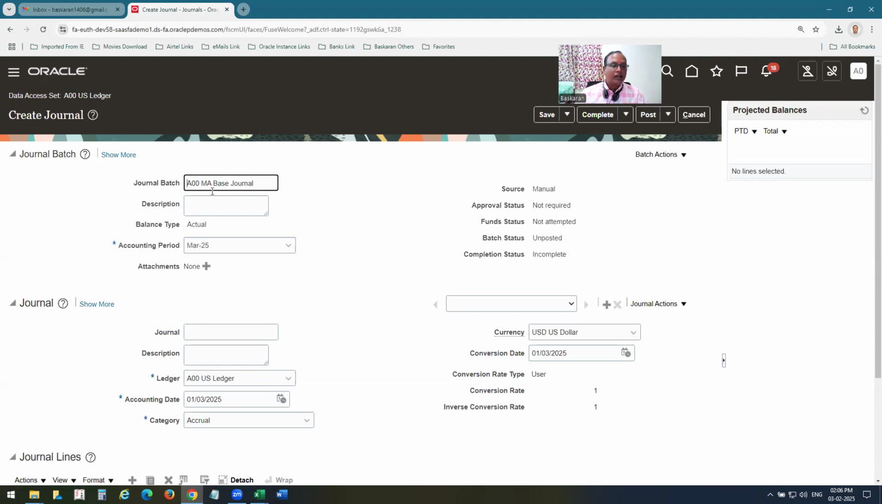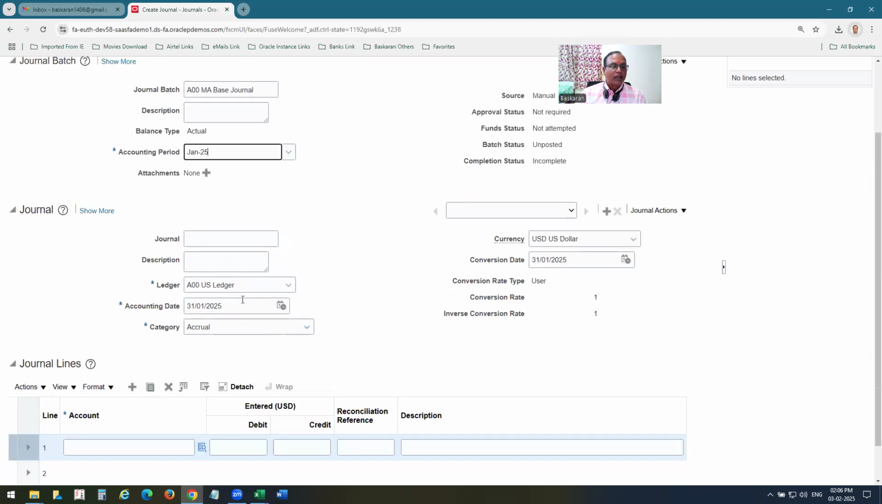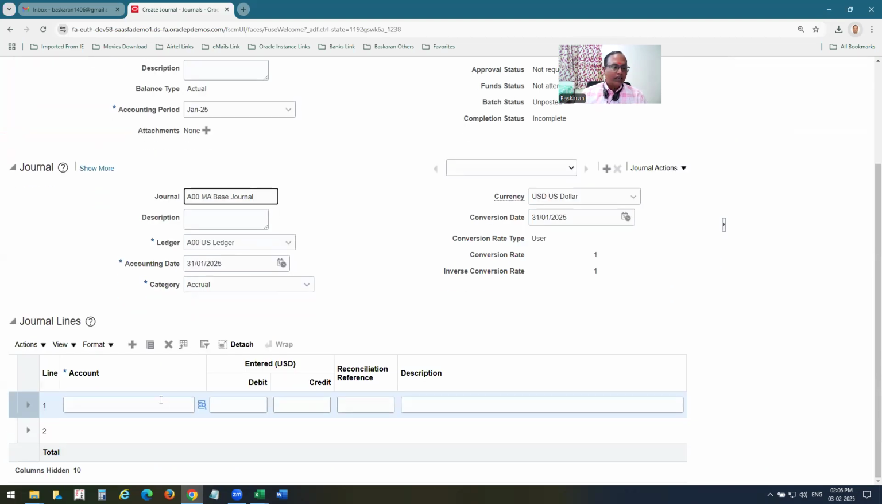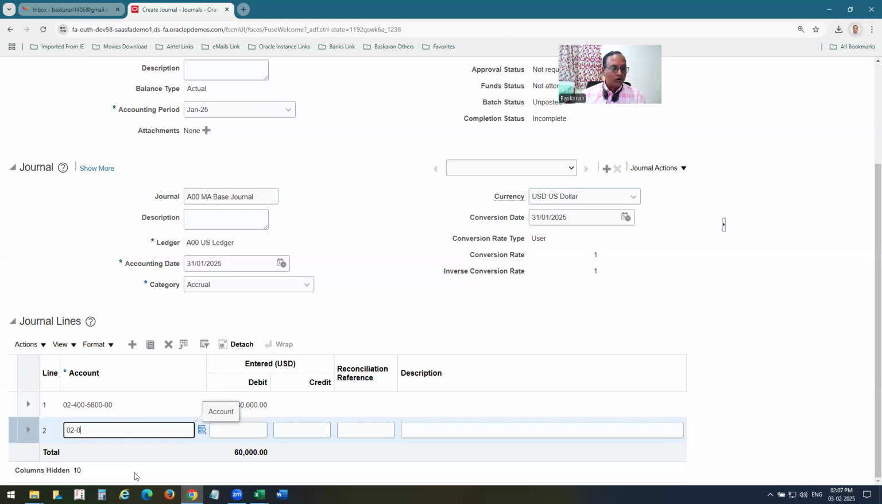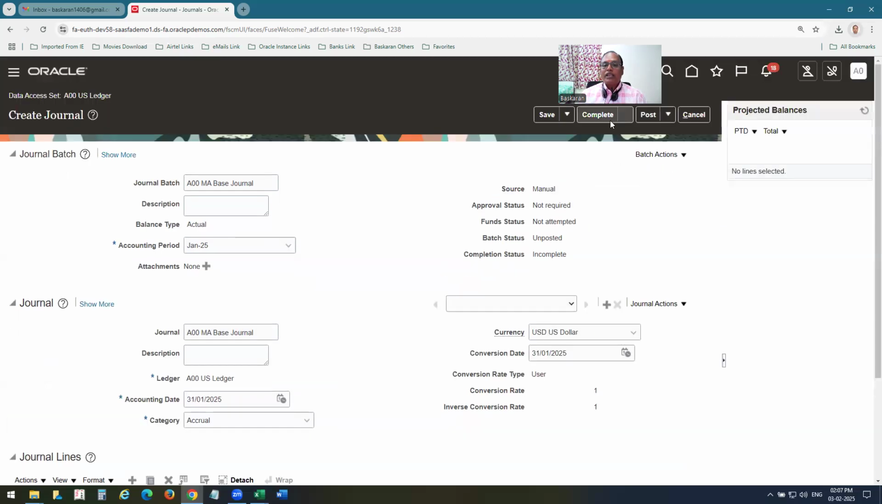Copy and then change the period to January for our class. And then paste here. Enter the code 02 400 580000. 1 divided by 60,000 divided by 6. Very easy. So that's why I kept it as 60,000. Some liability which I don't want to trouble here. So it has to be posted. Then only it will be there in your